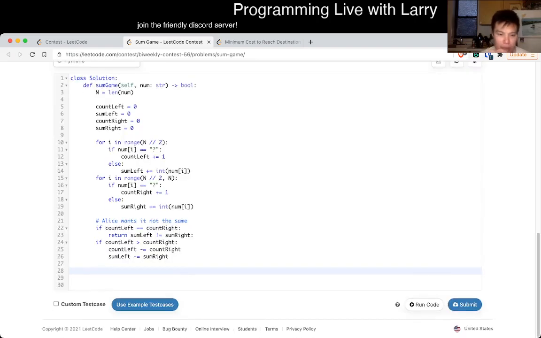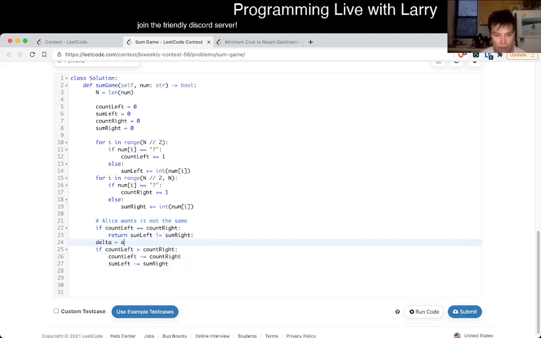If you have more on the count side, then, and then